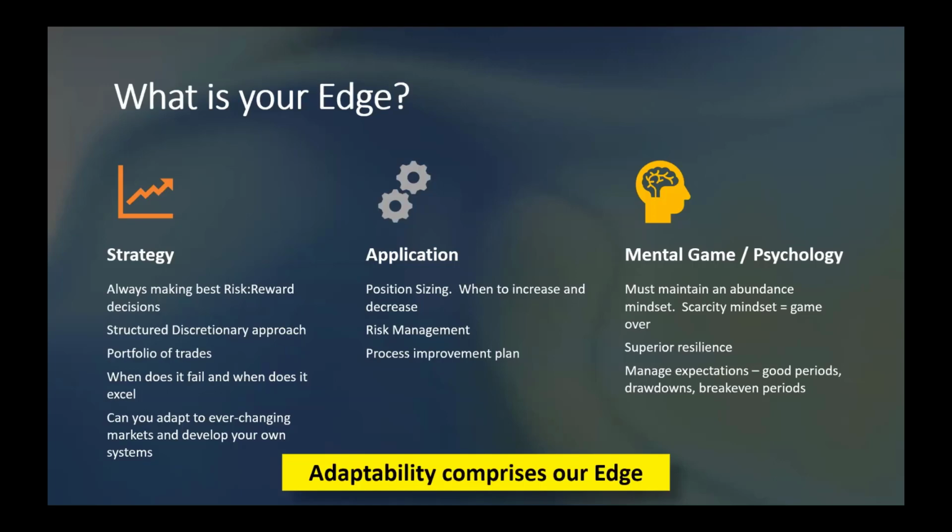The one thing we can really ever control in our trading is position size, right? That is the number one thing that you can control. Everything else, there are variables that you cannot control. You can only put yourself in a position to be lucky, which is to say, as long as I'm making good risk reward decisions and putting the probabilities in my favor over time, I'm going to have positive expectancy in my business.